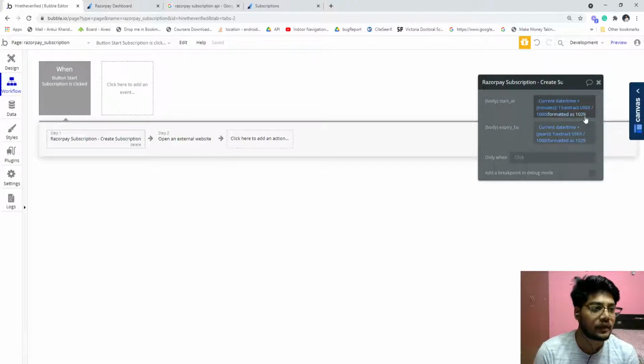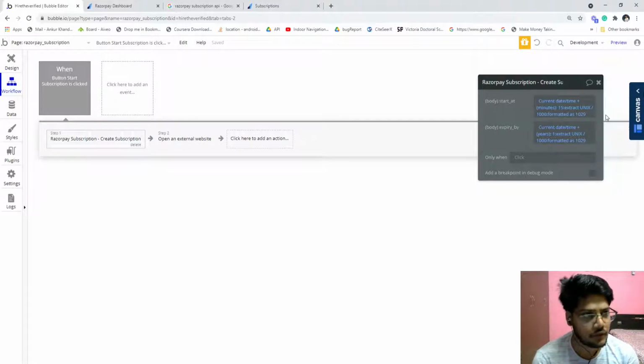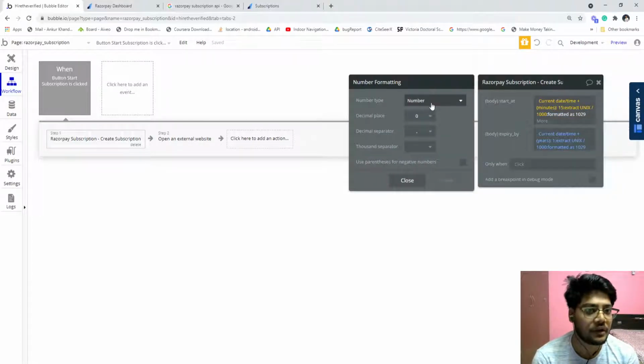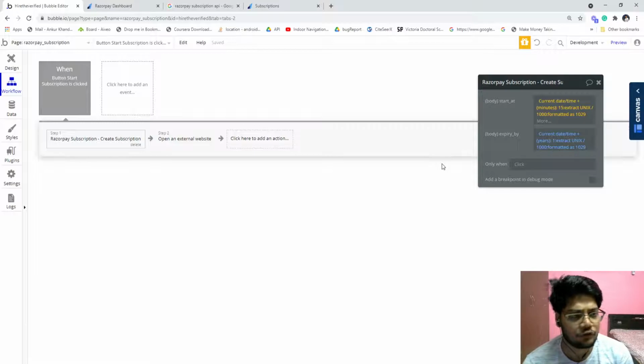And we have formatted it as a complete number, not decimal, because this is a long field, so you have to pass a number, not a decimal. It will not accept the decimal. That's why I formatted it: if you click over this, the format is number type and the decimal place is 0 because I don't want decimals. Same for the expiry. I just put a random expiry of 1 year ahead. Depending upon your usage, you can provide it.